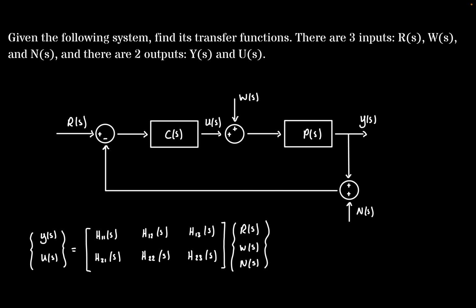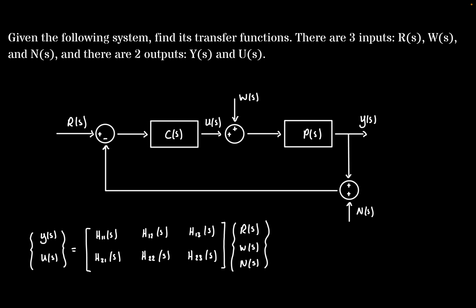Given the following system, we want to find all of its transfer functions. In the system, there are 3 inputs, R, W, and N, and there are 2 outputs, Y and U. Essentially, when we find these transfer functions, in the end we're going to have 6, because we're going to be following this format down here, where we have the outputs, Y and U, and the inputs, R, W, and